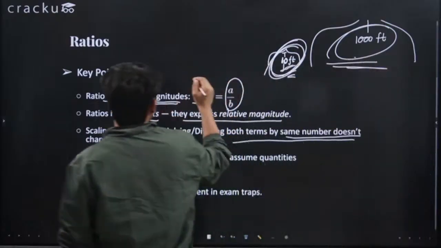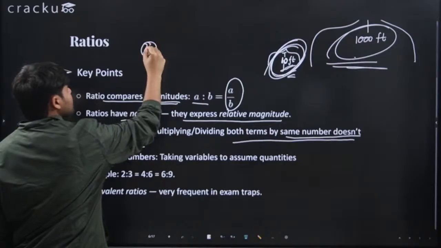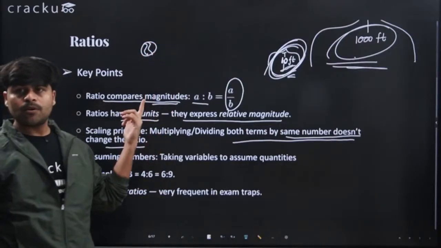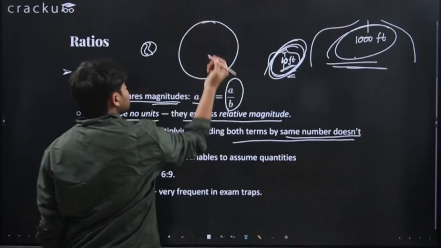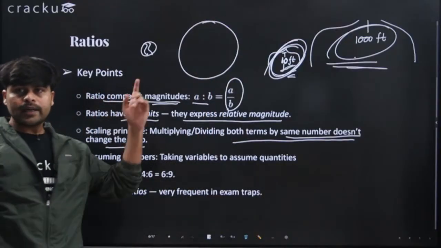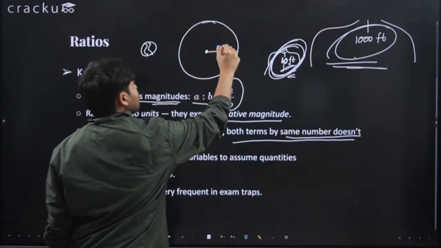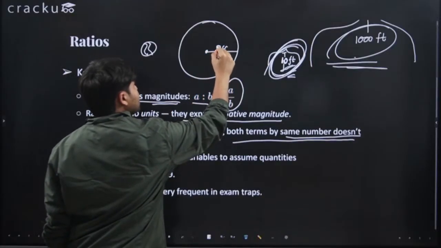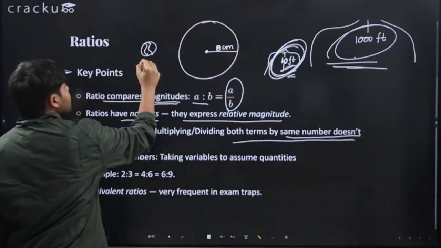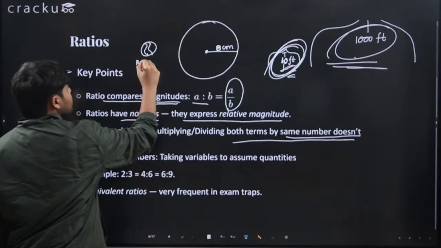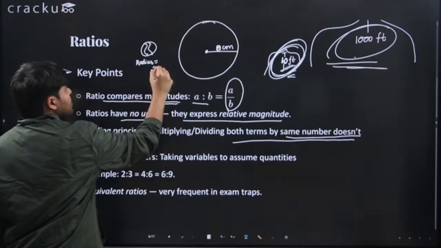This means that if you consider a small baseball, this is the small baseball, and you consider the larger football. Say this is the larger football. The radius of this, say, is 5 centimeters. Let me just write 8 centimeters. And the radius of this is 2 centimeters.